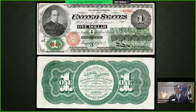So the term greenback really actually becomes sort of a pejorative. Before 1862, banknotes themselves could be exchanged for their equivalent in gold and silver, but the Civil War just really puts a stop to this altogether. And not until the Specie Resumption Act of 1875 did such an exchange come back into practice. This act called for the redemption of legal tender notes payable in full in the form of specie by January